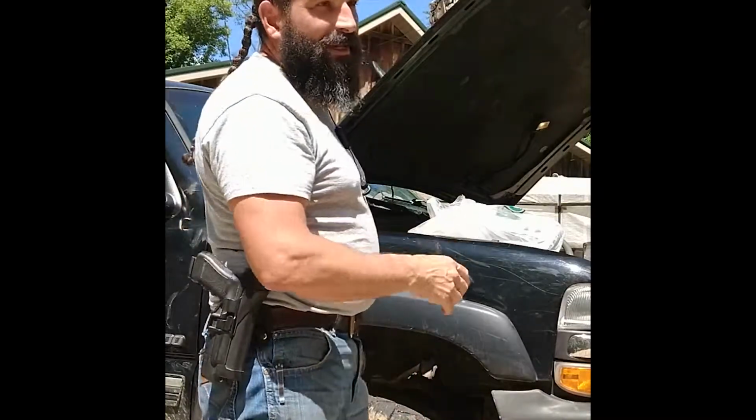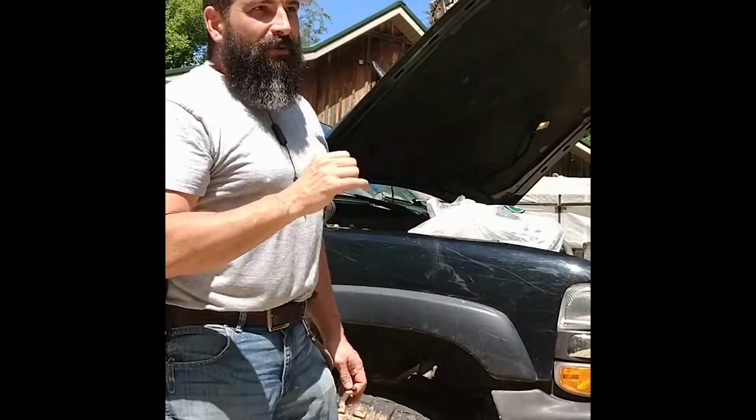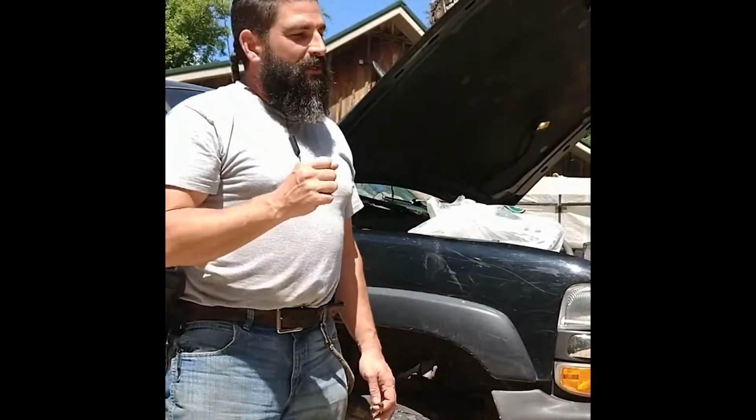off my radiator core, and I looked at it, and the fitting was broke, and I kind of panicked a bit because, shoot, I thought I'd have to fix that heater core, take it all out of the dash, and replace that heater core to fix it. But it turns out Chevy has a quick connect adapter on their heater core hose, so it should be a